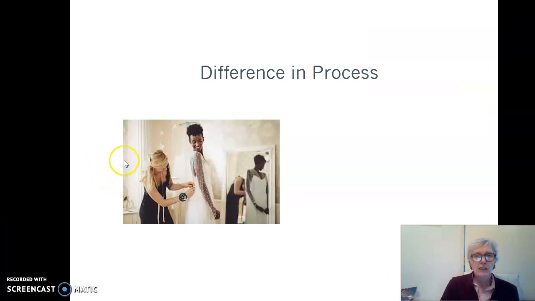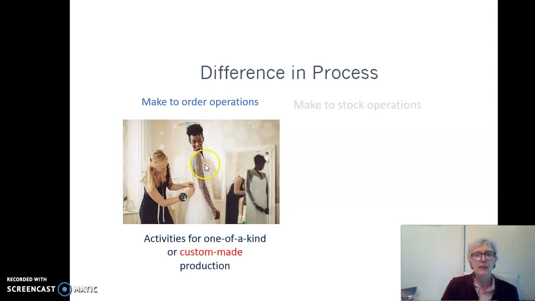The difference in operations process is related to a difference in a make-to-order operation or a make-to-stock operation. A make-to-order operation is a custom-made production process.